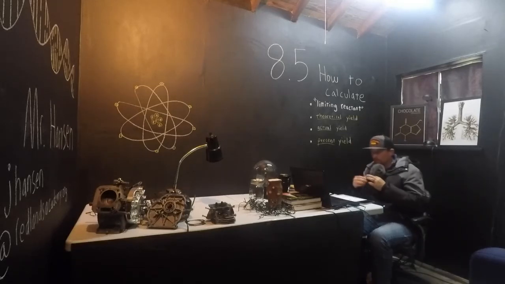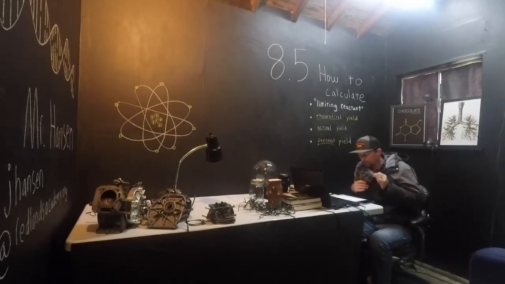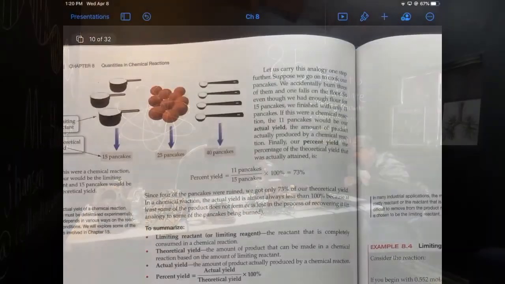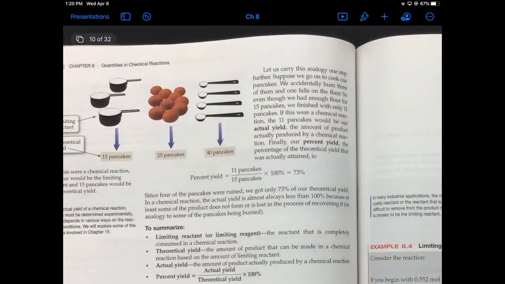So I know you guys know how to calculate percents. So those last two are simple. They're very experimental based though, and so that's usually an extension to the problem. You'll be given a word problem that makes you do a lot of calculating, determining the theoretical yield by figuring out what your limiting reactant is. That's most of the work. And then these two are just extensions to the problem, either in lab or in the word problem, they'll give you some hypothetical scenario and they'll say, well, you actually only did this. And so anyways,